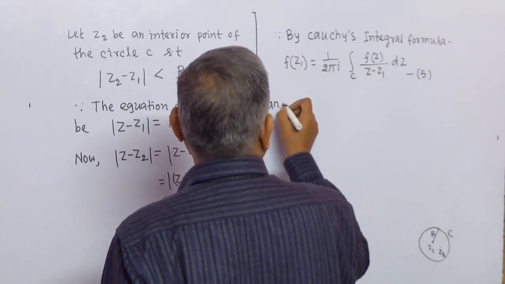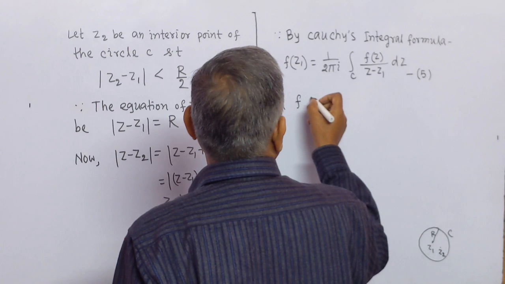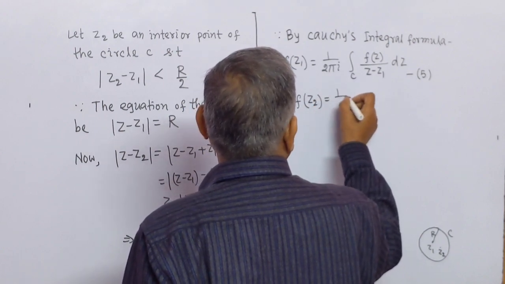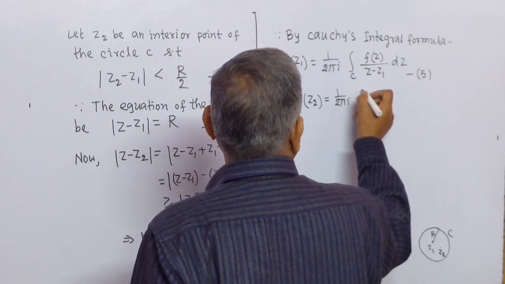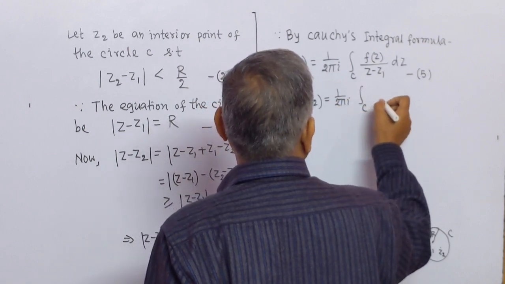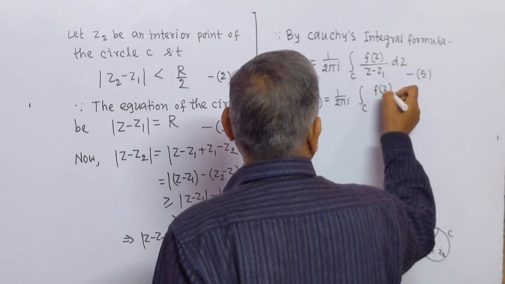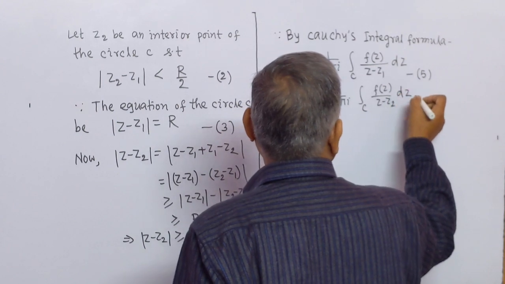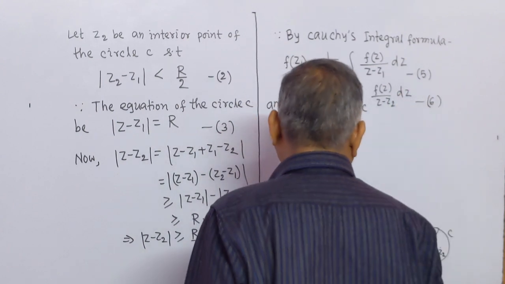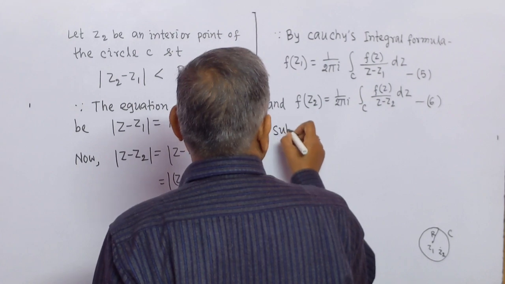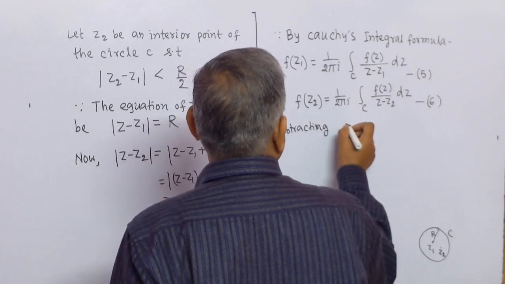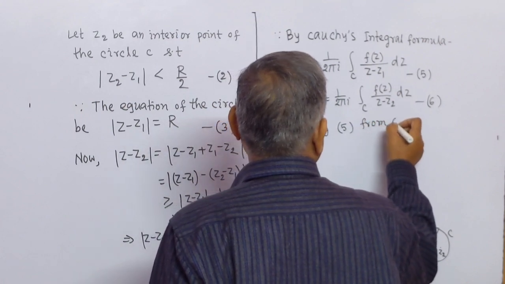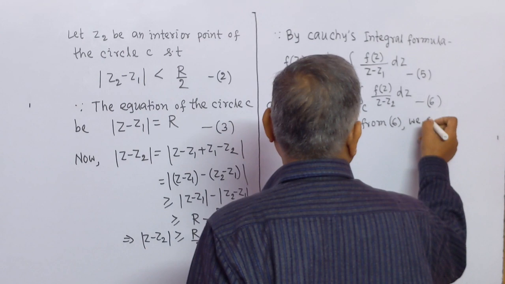And f(z2) equals 1 by 2 pi i integration along the circle C, f(z) by z minus z2 dz. This is number 6. Subtracting 5 from 6, we get